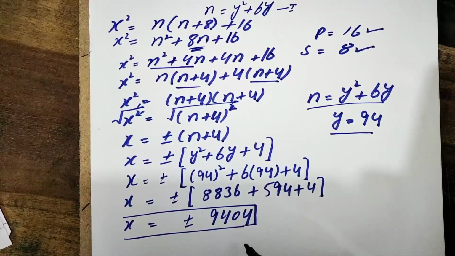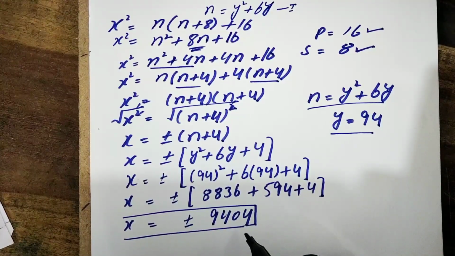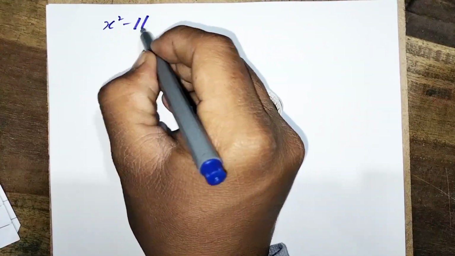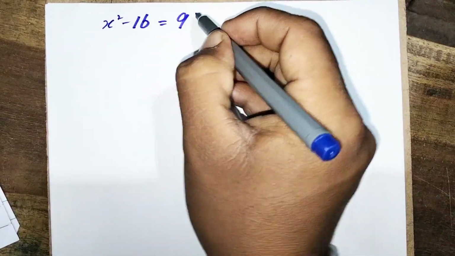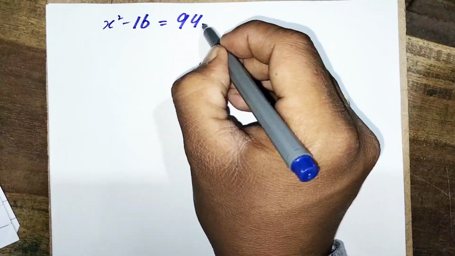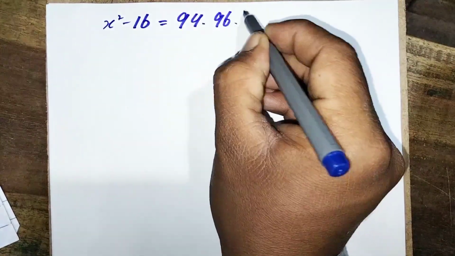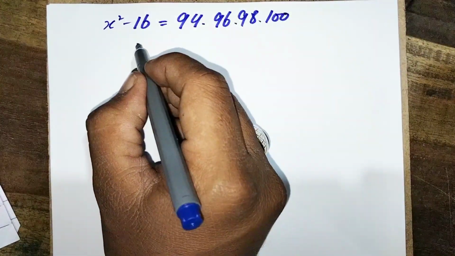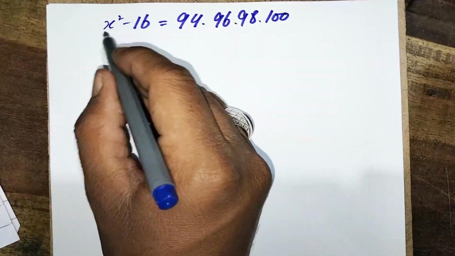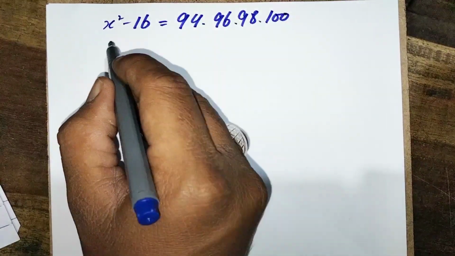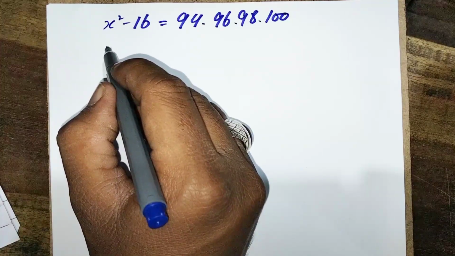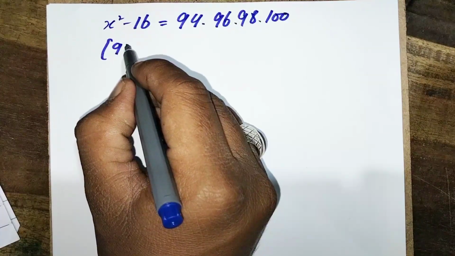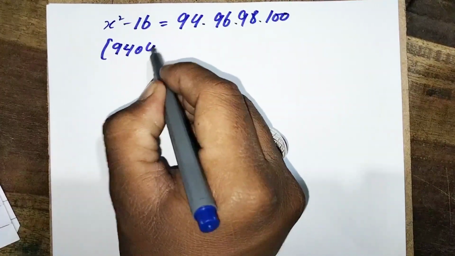Now we have to check whether the value of x is correct or false. To check whether the value of x is true or false, we take equation first, which is x square minus 16, and the product of 94, 96, 98 and also 100. Students, we put the value of x into the equation, and our equation is: the value of x is 9,404